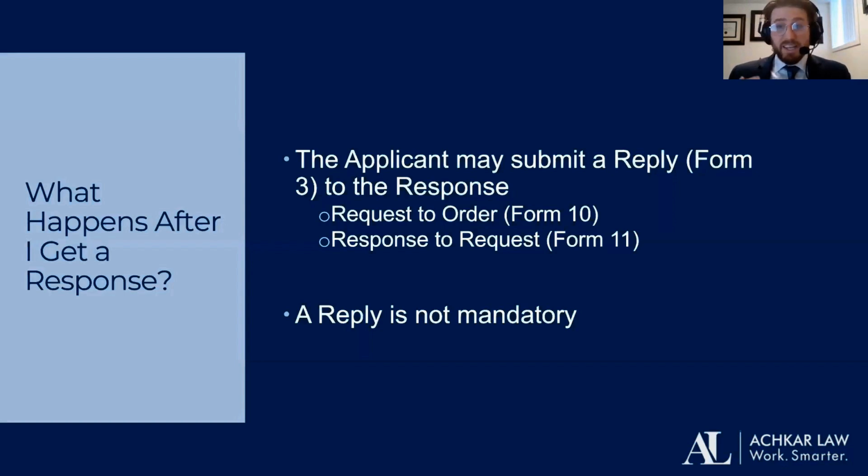You may also receive what's known as a Form 10. This is a request to order. Either side can submit a Form 10. These are asking for more documents, asking for explanation, but sometimes a Form 10 is the respondent saying that the application is stricken or should be delayed or stayed. Often this is because there's another active process ongoing and they don't think there should be two concurrent ones, or there's some other reason why the application should be stricken altogether, in which case the applicant must file a Form 11, or a response to the request, to address why this order should not be agreed to or why it should be agreed to in part. And as I said before, a reply is not necessary, but a response to a request is.